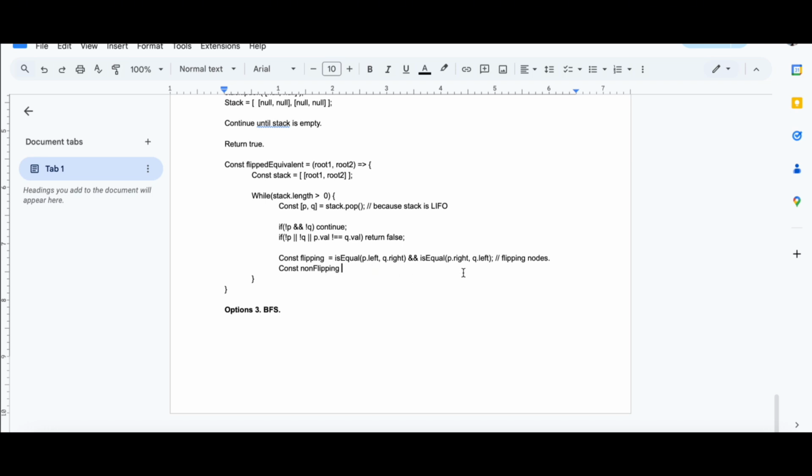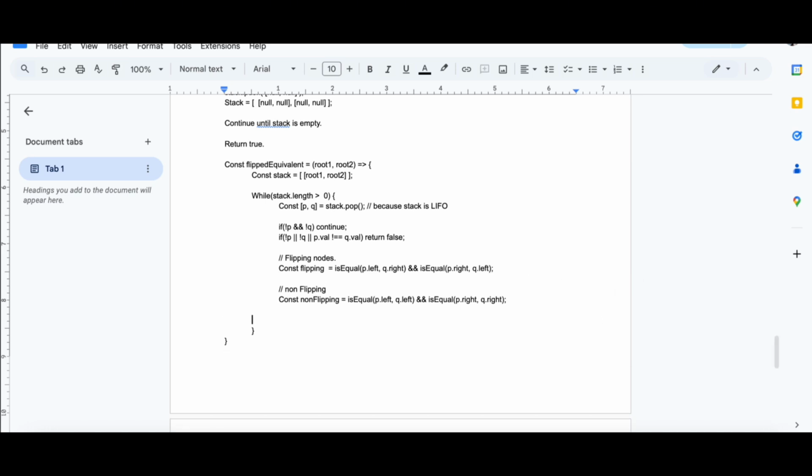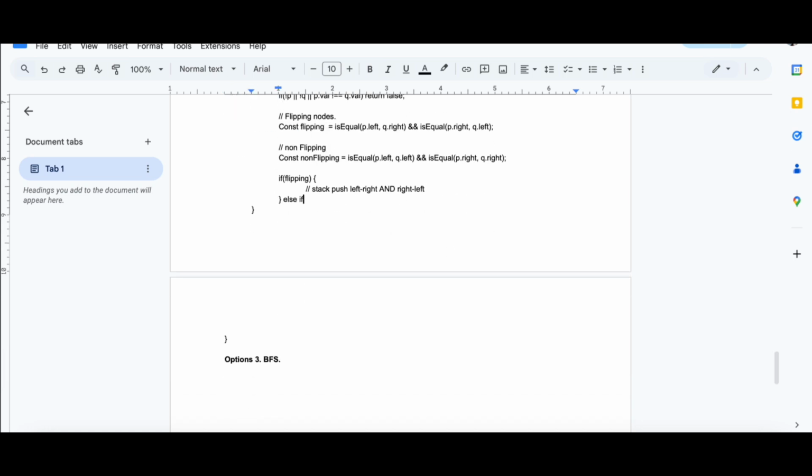Meanwhile for the non-flipping, I will just do this. I will just copy this for here, because we're gonna check the non-flipping, right? So it will be left and left, right and right. Okay, non-flipping. If it's flipping, stack push left right and right left. As if non-flipping,